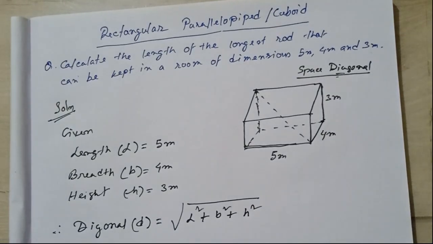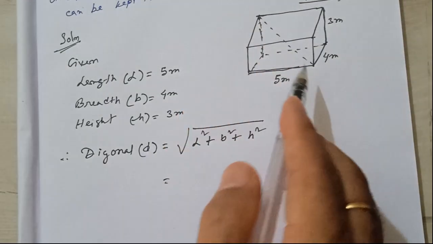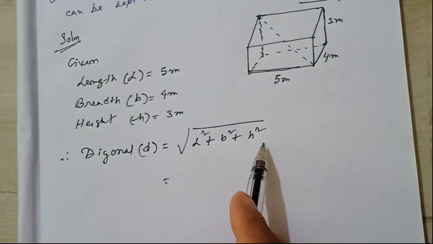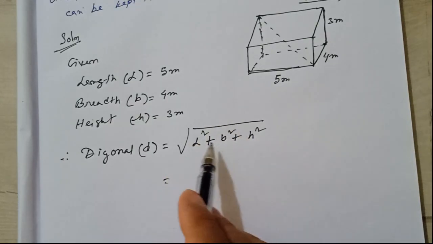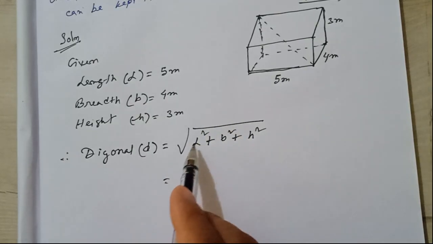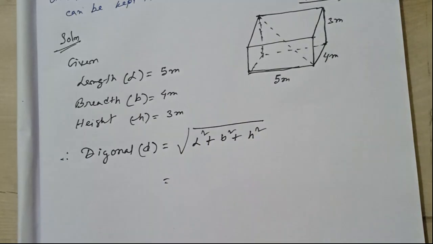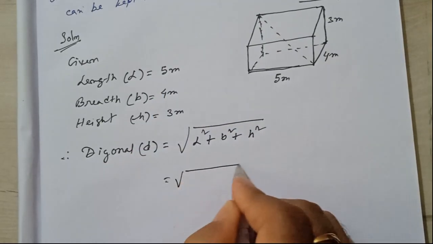This is the formula. To find the diagonal from one vertex to the opposite, we use this formula: D equals the square root of L square plus B square plus H square. So if we substitute the values, we get